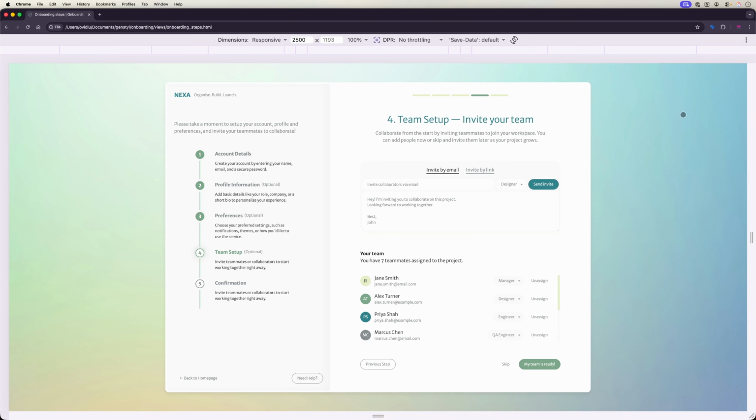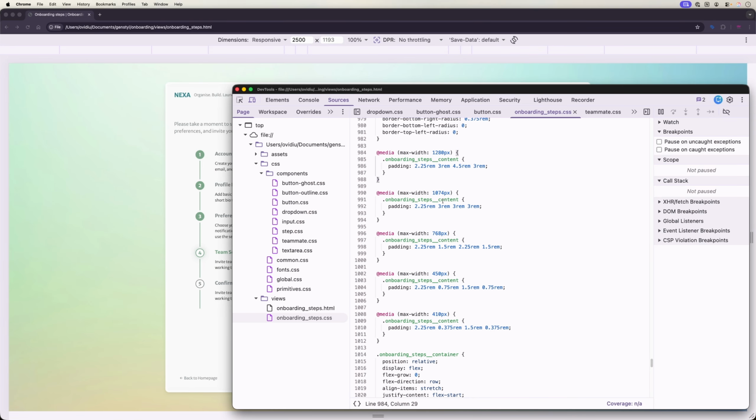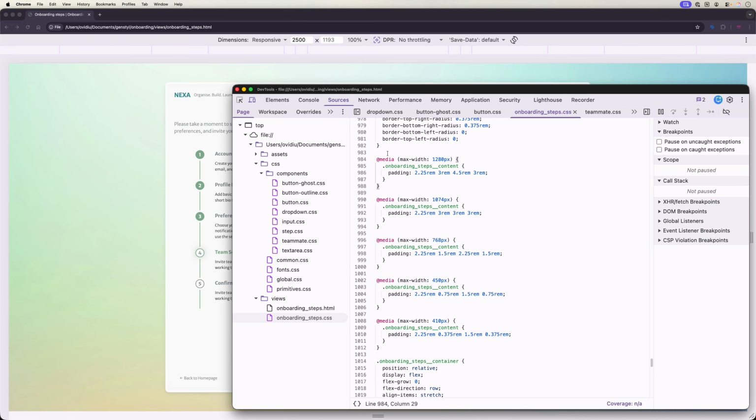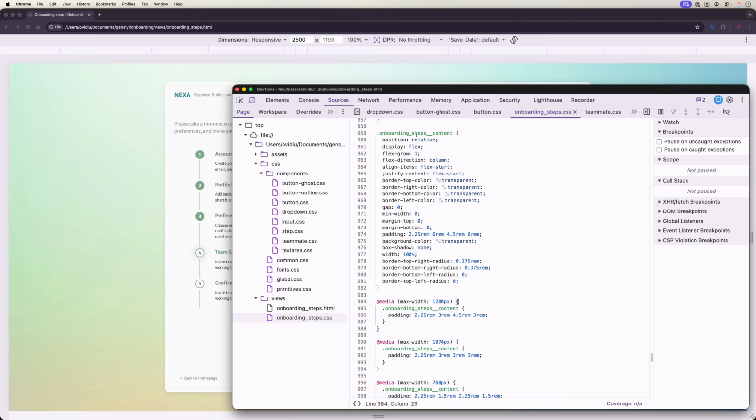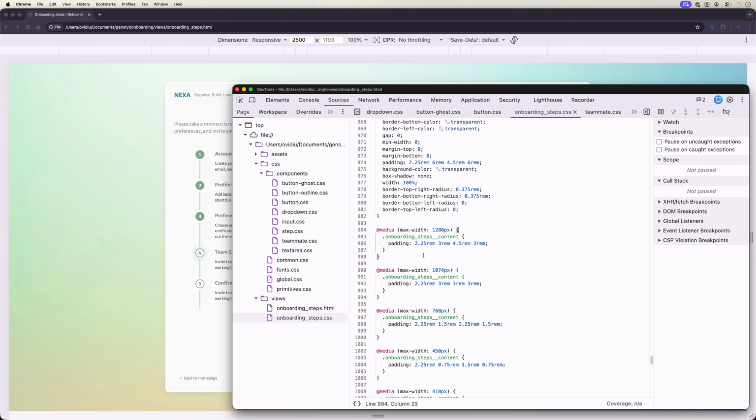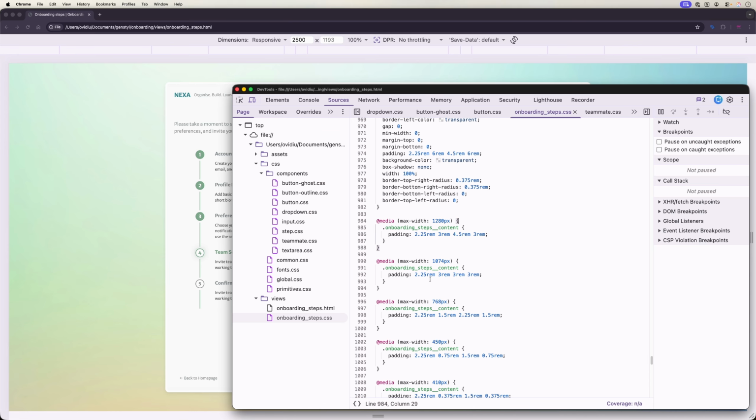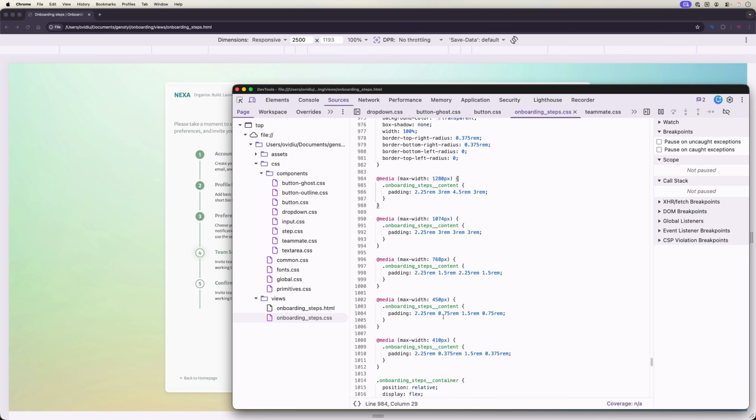In terms of output, I really wanted the code to be clean. Again, speaking from a developer's point of view, and I didn't want any redundant code. So in order to do that, there's quite a bit of diffing happening behind the scenes as the cascade is resolved for each of these nodes and selectors. So we're only seeing the things that do change, even though in the UI you might change many things. If they do happen to match the previous breakpoint, that's not going to be outputted,